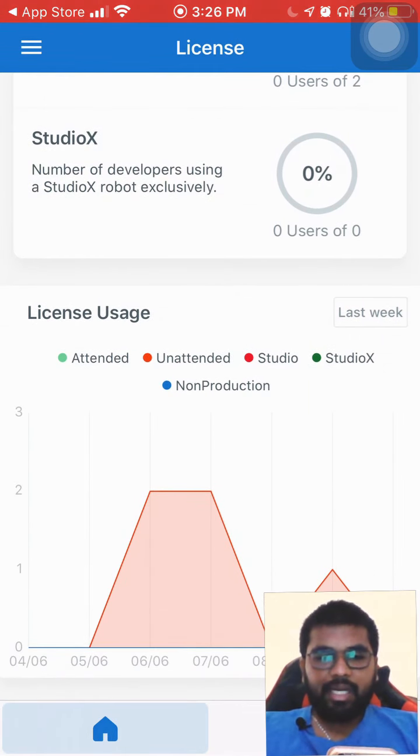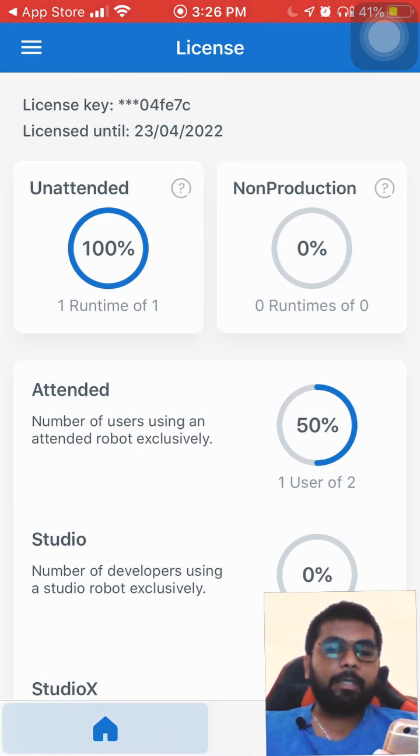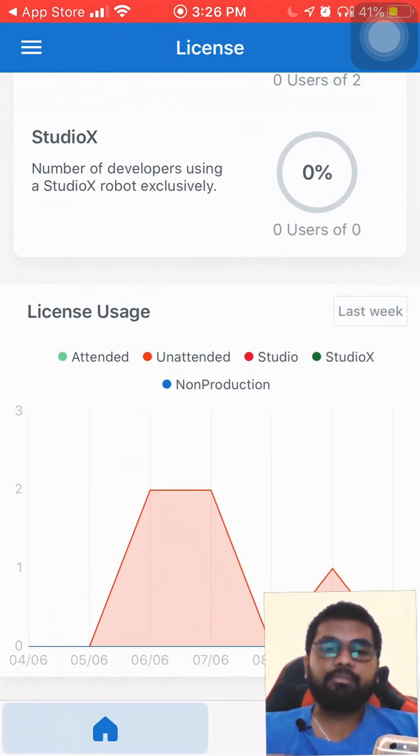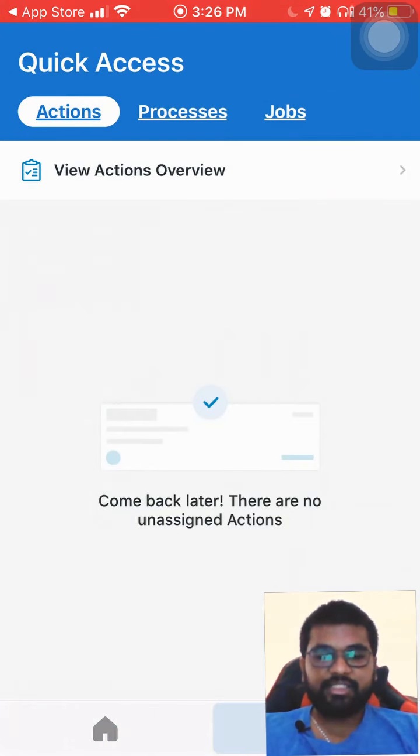I also have one unattended license which I already assigned, and I do have 0 runtimes because this is the basic orchestrator license that's provided by UiPath in its community version. So this is what I have, and if you have an organizational account, then you will have a different set of options here. And even here this doesn't change. Again, this favorites is still the same.